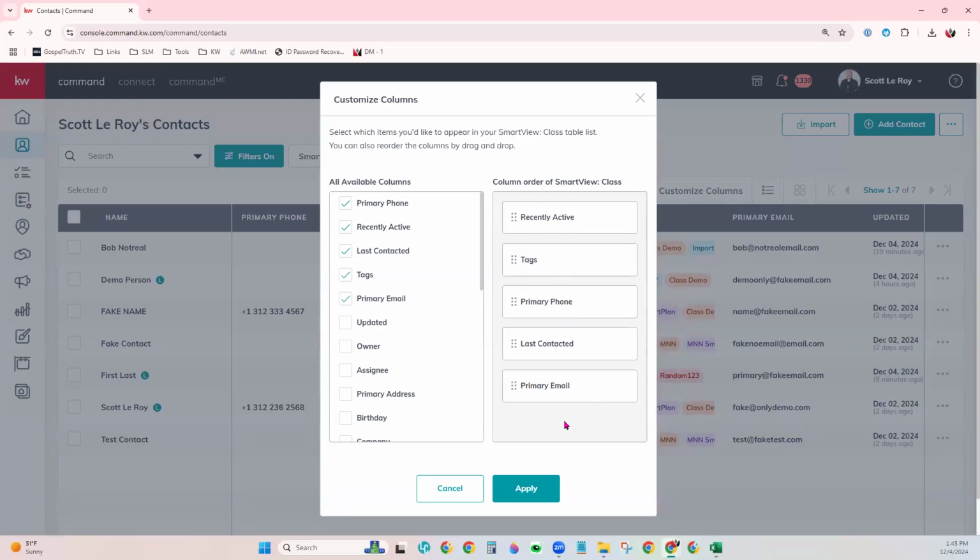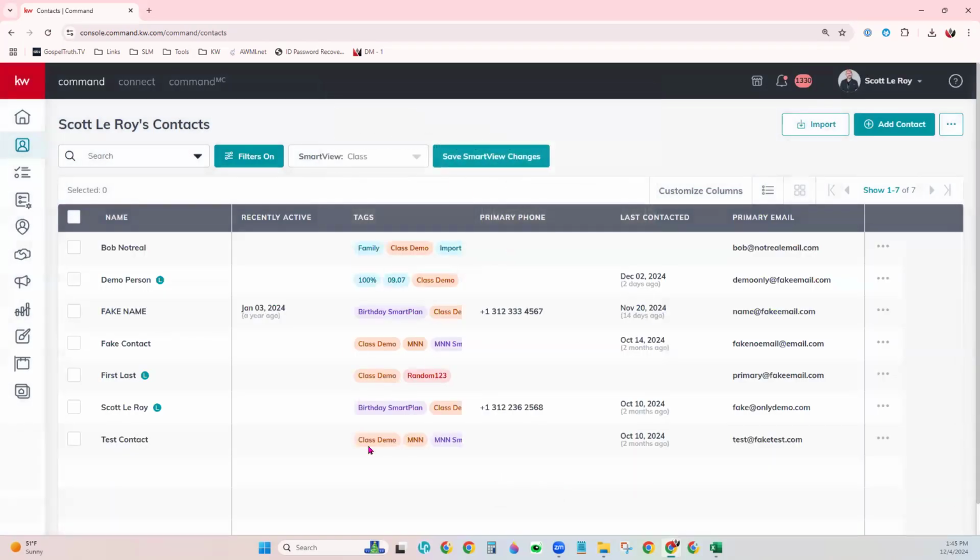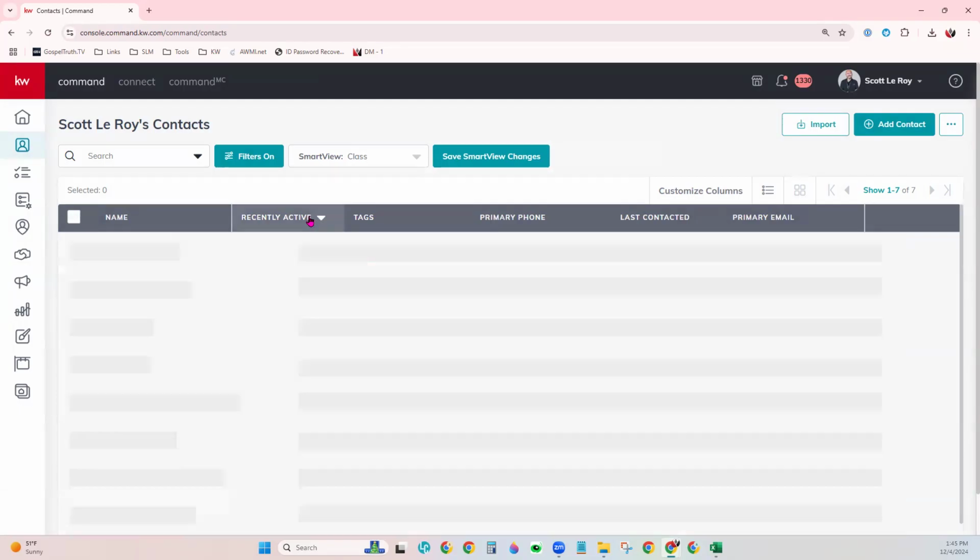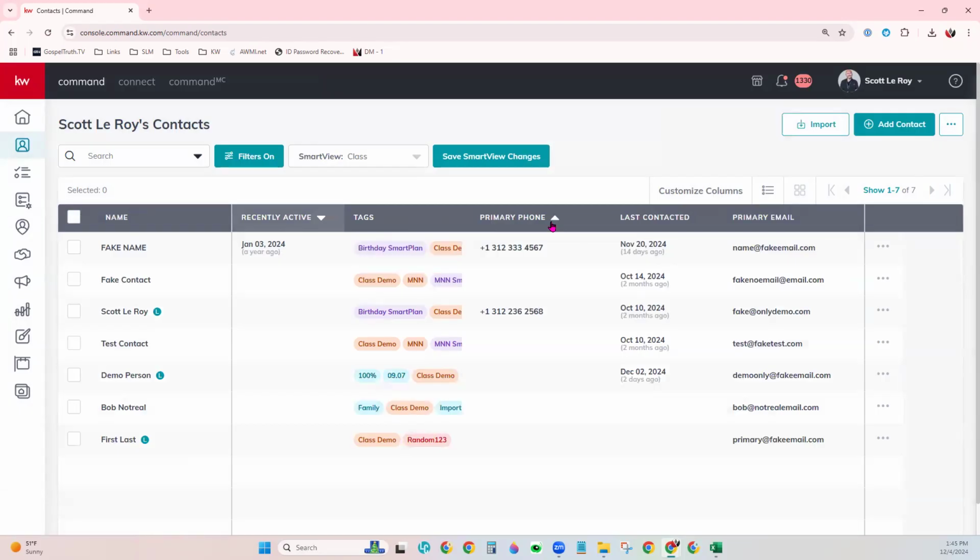Put them in whatever order you want and click apply. You'll see those update in real time. When you're looking at this in a column view, just notice that some of the columns you can hover over and you'll get this little triangle. Some people call it a caret. And you can actually sort through those different columns